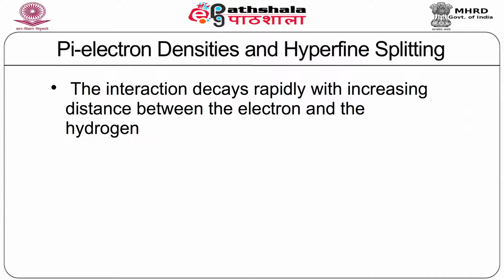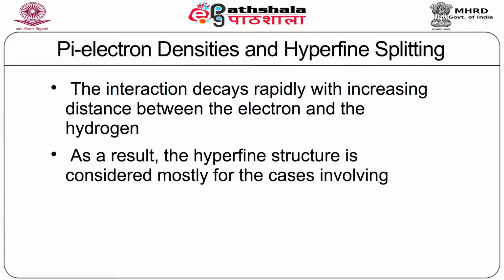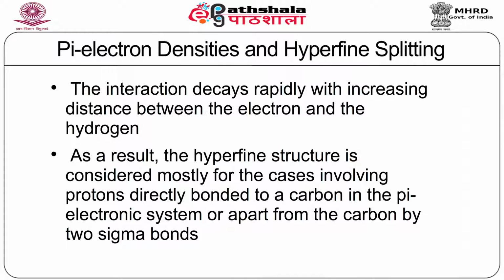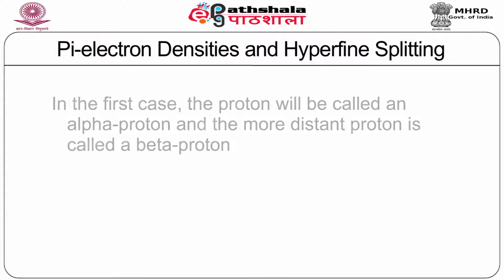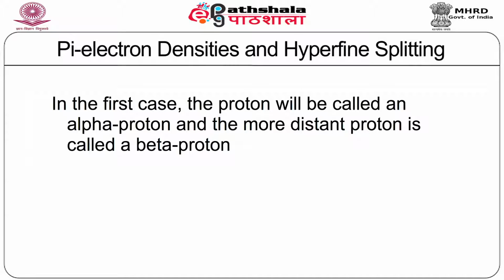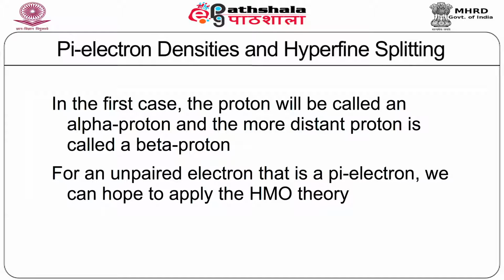This interaction decays rapidly with increasing distance between the electron and the hydrogen. As a result, the hyperfine structure is considered mostly for the cases involving protons directly bonded to a carbon in the pi-electronic system or apart from the carbon by two sigma bonds. In the first case, the proton will be called an alpha proton and the more distant proton is called a beta proton. For an unpaired electron, that is a pi electron, we can hope to apply the Hückel molecular orbital